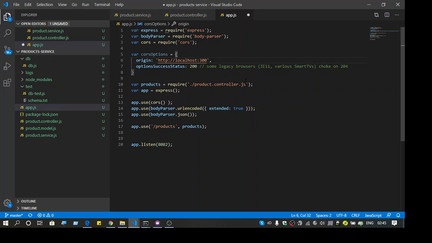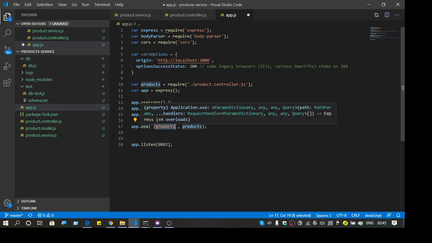Our front-end server will be running on localhost 3000, so we can specify that here and then include that, and then create an app for Express. Use the body parser. This is for the post, and then we have to map the URL. So once you have done that,